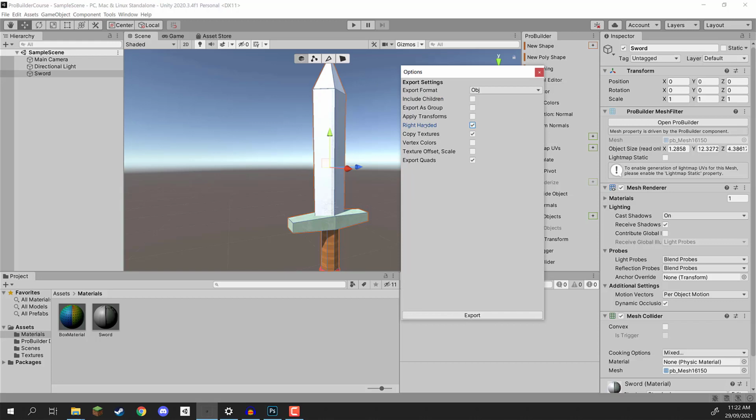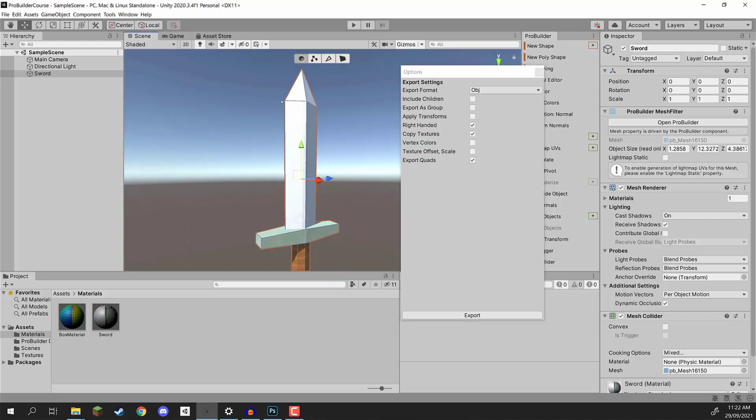Right-handed is basically there for if you want to export this as a right-handed or left-handed coordinate system. We'll just keep it as right-handed for now. Copy textures, we want to bring the textures over. Vertex colors, if you have any vertex colors, you can enable that. Texture offset and scale, we don't really have any texture offset or scaling done to that, so we can leave that as false. And export quads, because since a mesh is broken up into triangles,